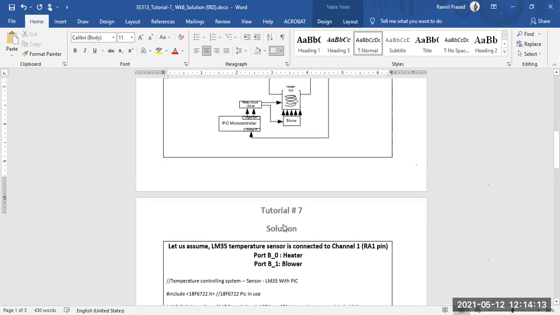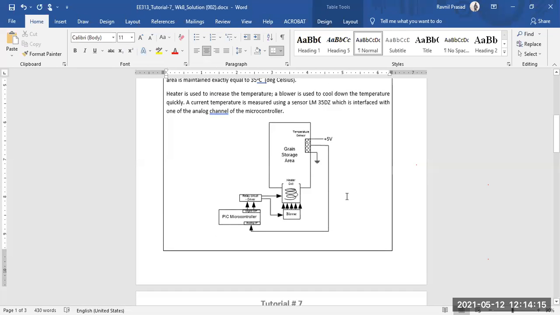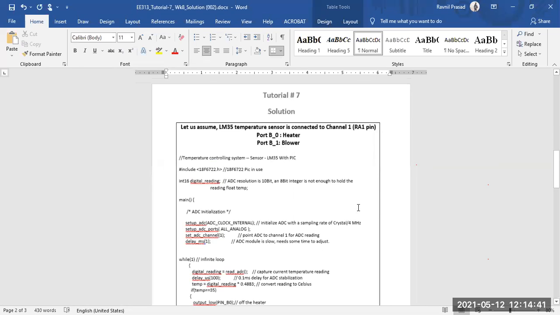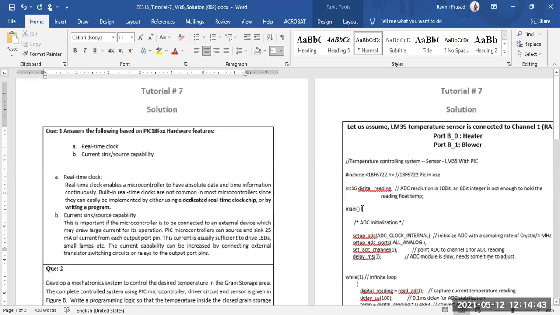So always make sure, usually in your exams, you'll be given the question and then asked to make the interfacing circuit. Whenever you are interfacing a motor or some sort of peripheral that requires more than 25 milliamps, you'll always need some sort of interfacing circuit, the relay circuit or the driver circuit in that particular case, right? So always remember that. For the solution part,